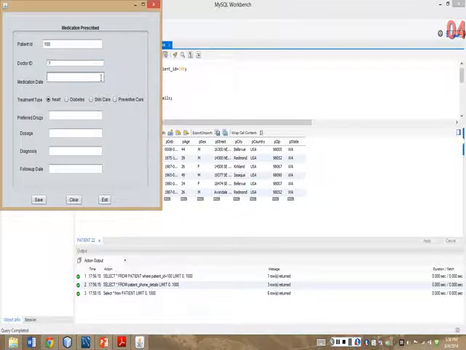and also the other details like medication date, and there are 4 treatment types. He can select one among them and also enter the details for preferred drugs, dosage, diagnosis and follow-up date.